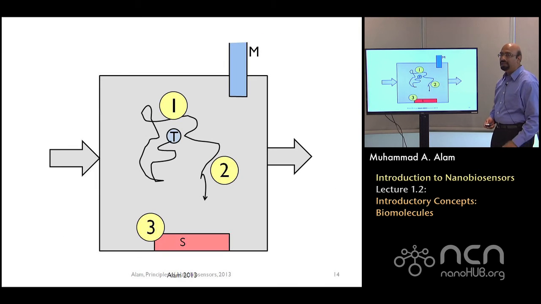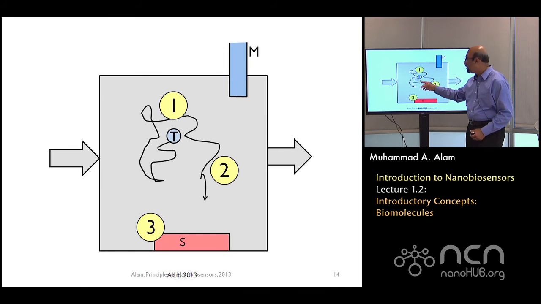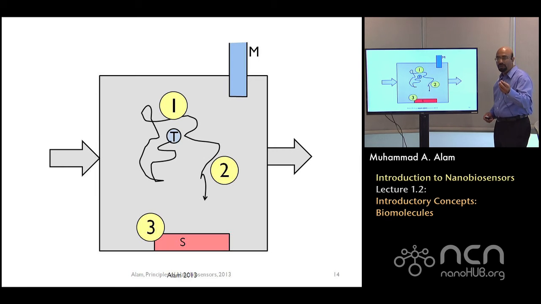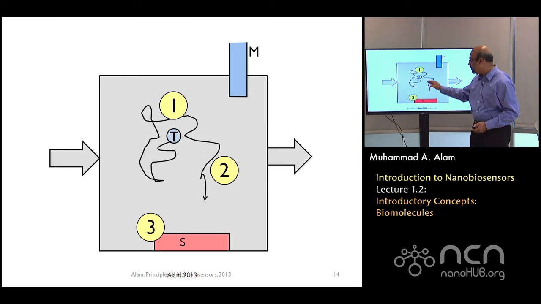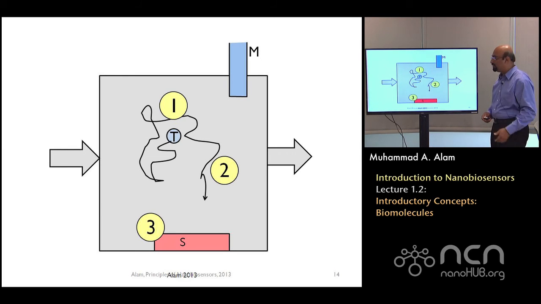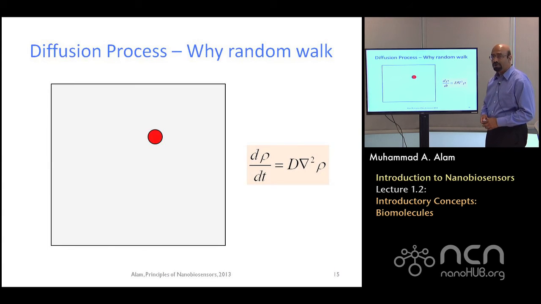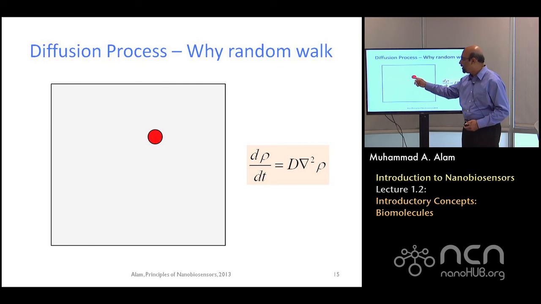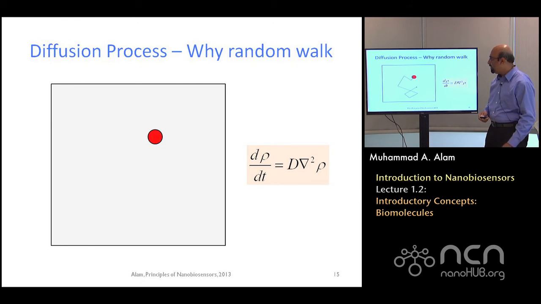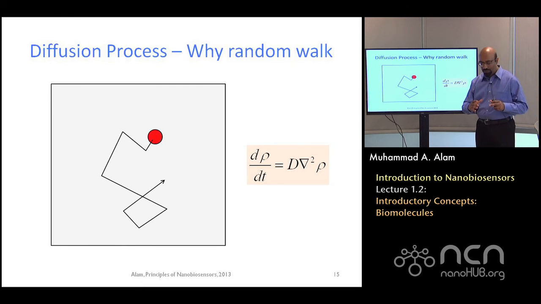Now, let me tell you a little bit about, and where I will conclude, the molecules diffusing around, because biomolecules, when you put them in a solution, don't stay put. Rather, they drift around, diffuse around, and eventually are caught by the sensor. The diffusion process is known as a random walk. If you look at a biomolecule, it could be a protein or a DNA, if I had a microscope and could somehow look at that molecule, it would zigzag around in the solution. And every molecule you put in will take a different path.